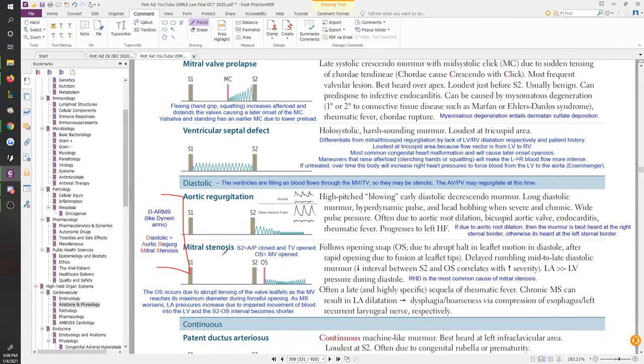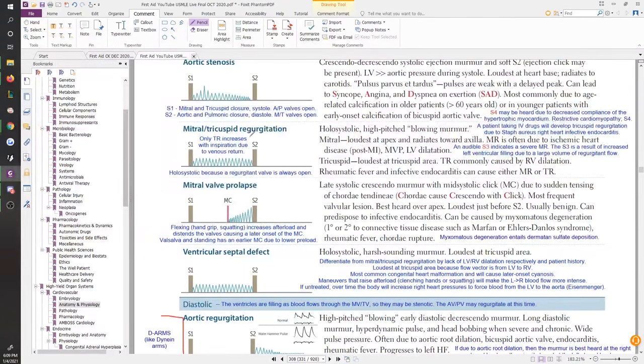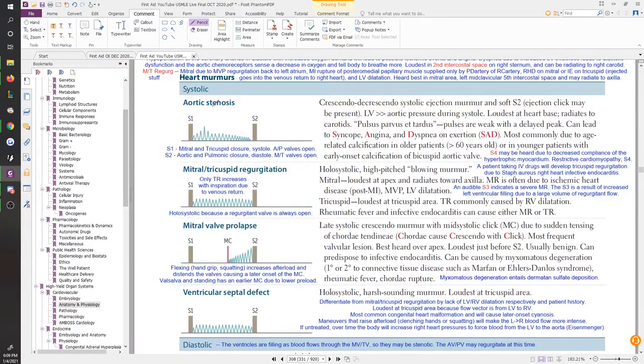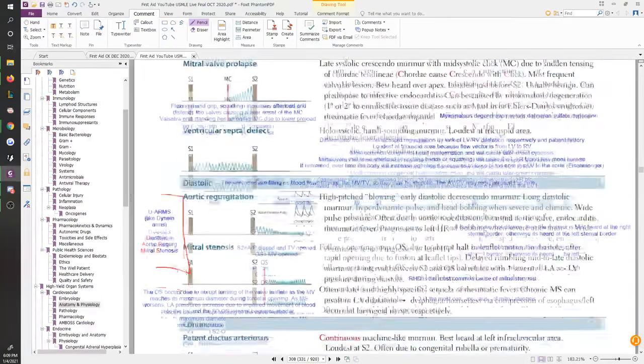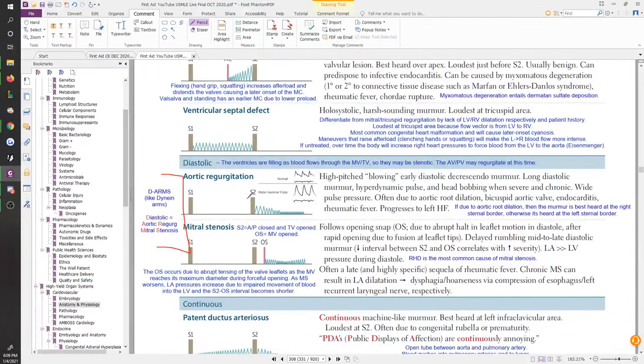So if you get a question where they're literally talking about a systolic murmur, a murmur that occurs when your ventricles are contracting, it is not going to be one of these. Because if your murmur is occurring when your ventricle is contracting and it involves the mitral valve, then it's going to be mitral regurgitation, which means that when your left ventricle is contracting, blood went backwards through the mitral valve back into the left atrium. And that's going to be up here, mitral or tricuspid regurgitation. That is a systolic murmur. That murmur of mitral regurgitation can only occur during systole. Blood is not going to go back up the mitral valve into the left atrium during diastole because it's actually coming down from the left atrium.